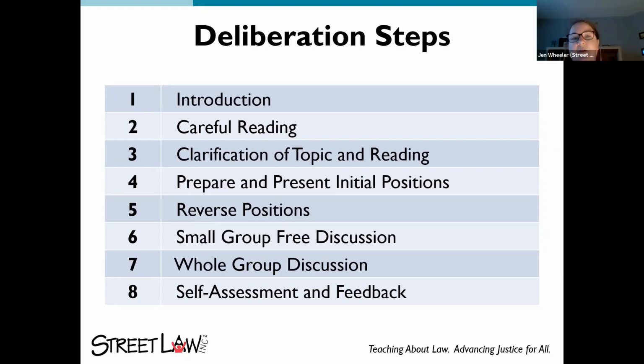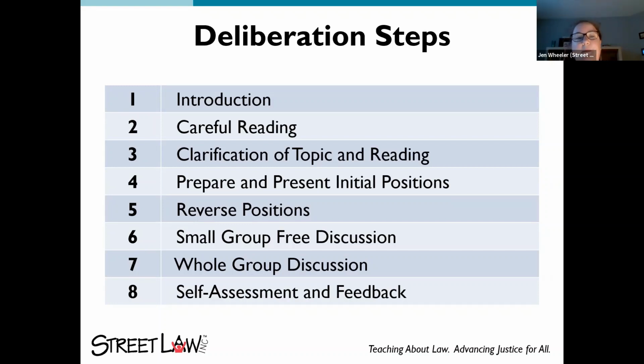It starts with an introduction, much like many of the lessons that we teach on a daily basis, with what are we doing, why are we doing it, and what kind of rules and expectations should we set for ourselves as we do this. And then the next step is to go through a careful reading. Street Law has developed, I think at this point, maybe 12 to 16 readings around topics on contested political issues.